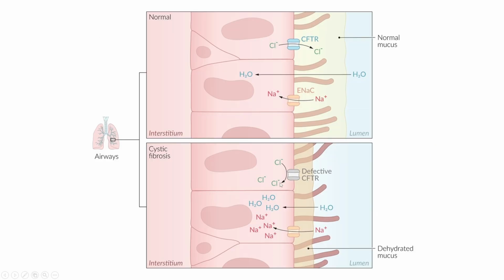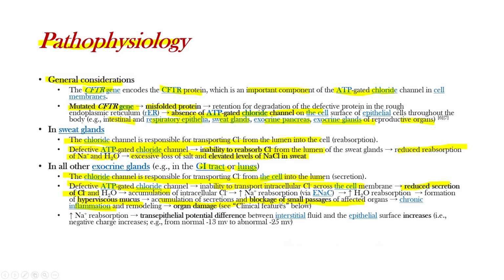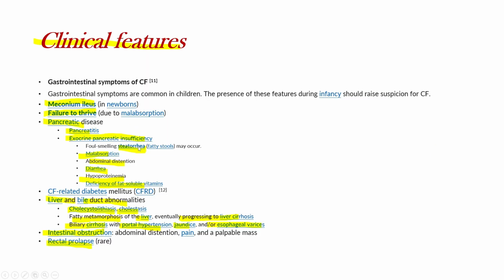Na accumulated, Cl accumulated, water accumulated. This will result in a hyperviscous mucus, an accumulation of secretions, and it will block the small passages. So we'll have chronic inflammation and remodeling and organ damage. So the clinical features, as we mentioned, we will have